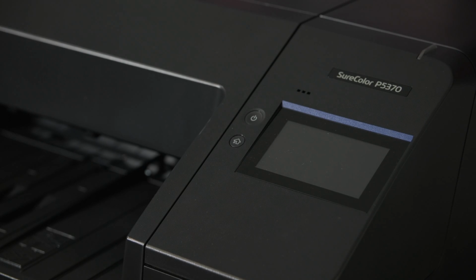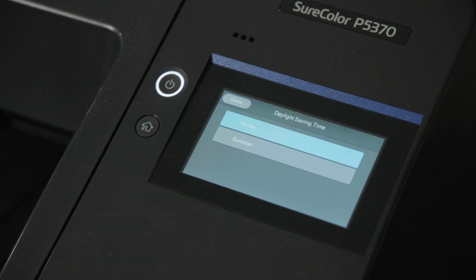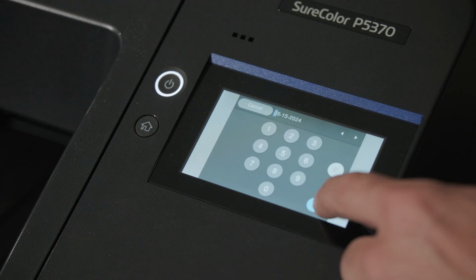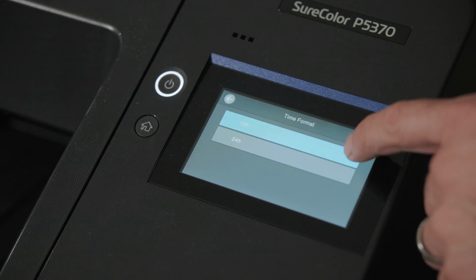Now we can go ahead and hold the power button to power up the printer for the first time. Remember, on the P5370, we have a touchscreen. It will ask you for the date, the time, the way you prefer your time,